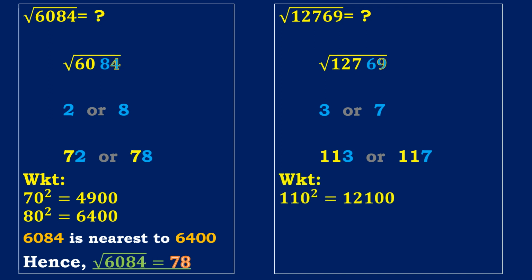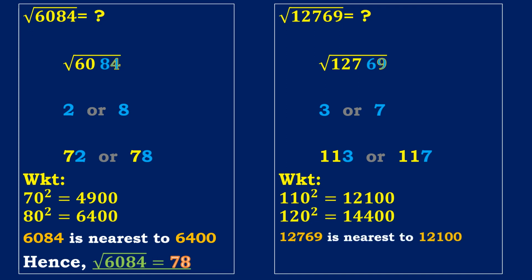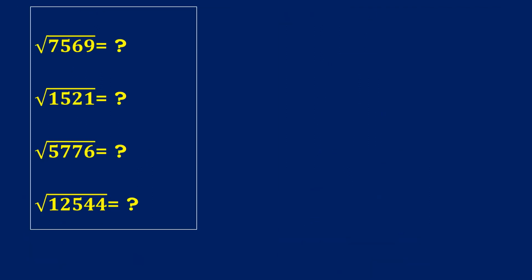As we all know, 110 squared equals 12,100 and 120 squared equals 14,400. Here, the number 12,769 is closer to 12,100. If 12,769 is closer to 12,100, its square root is also closer to 113. Therefore, the square root of 12,769 is 113. Let's see how many of you can solve these 4 questions and get all 4 of them